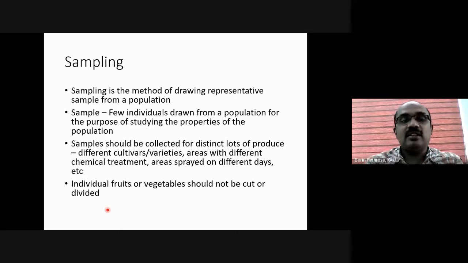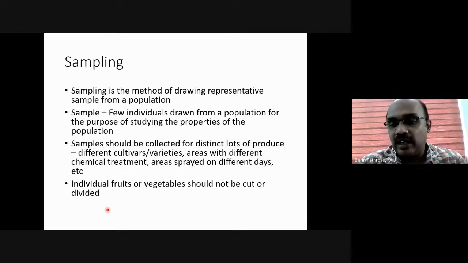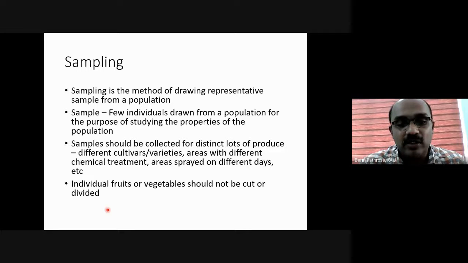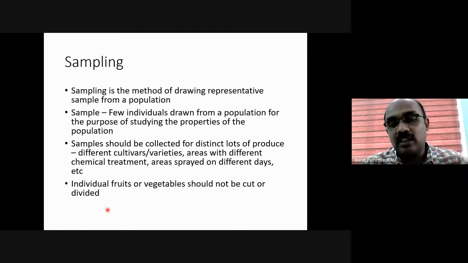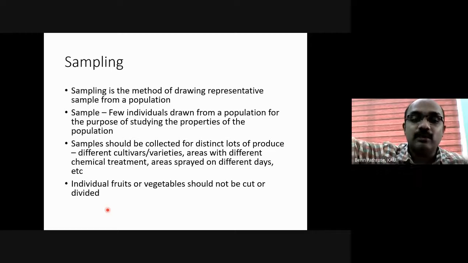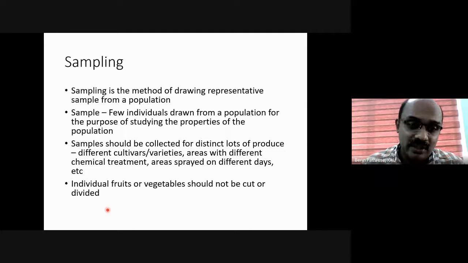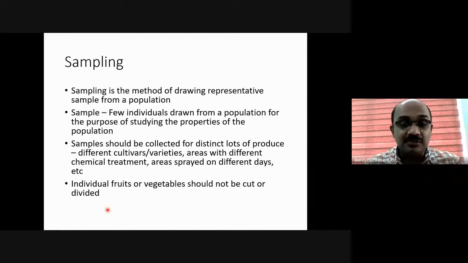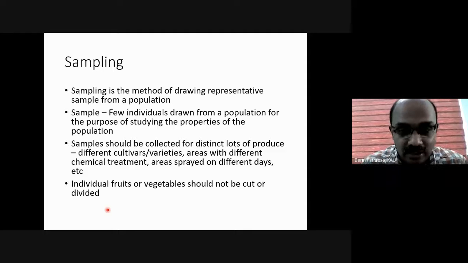Sometimes the farmer will say that I had purchased the pesticide A and I tried to spray the area, but I have about 5 acres area. 4 acres I sprayed with that pesticide, but by the time I finished the spraying of 4 acres, the pesticide finished, and I had to purchase another one. But at that time, the dealer gave me another pesticide, so the remaining 1 acre I sprayed with another pesticide. In that case, you have to sample those 2 areas separately. Those areas which received different pesticide treatment should be sampled separately.